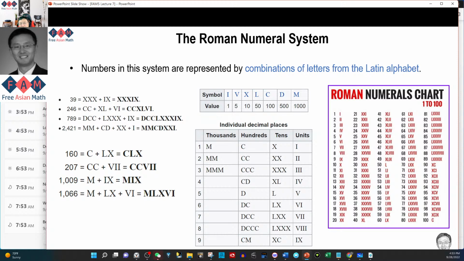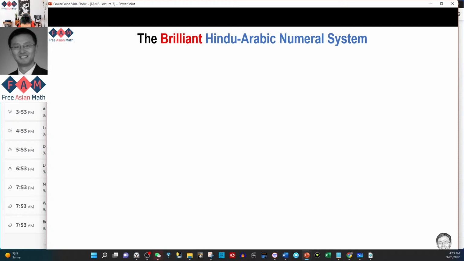Especially if you want to do anything meaningful from today's perspective, like addition, subtraction. We haven't talked about multiplication and division, but this certainly is painful. Okay, without that in mind, you won't be able to see how beautiful and brilliant the Hindu Arabic numeral system